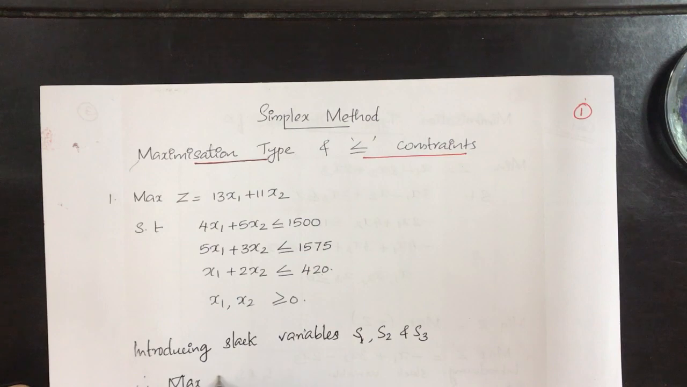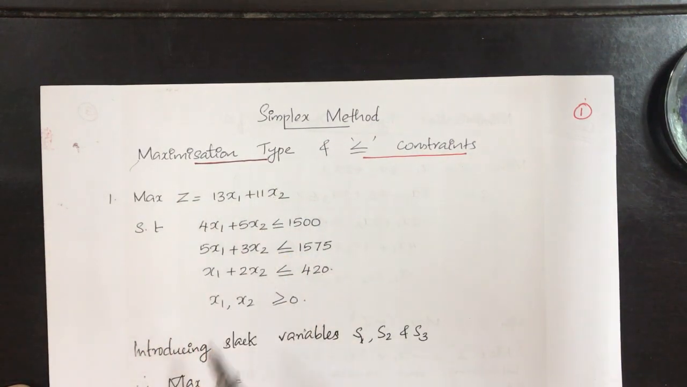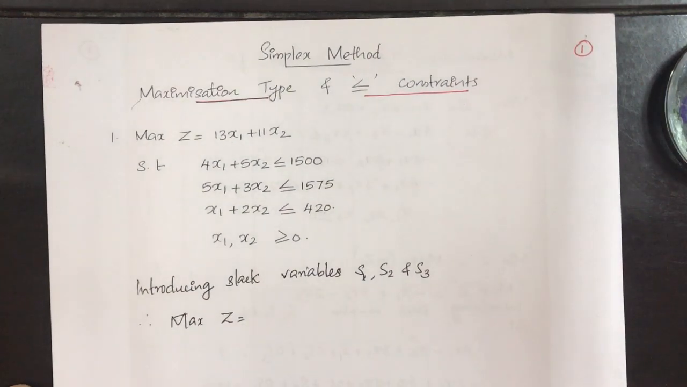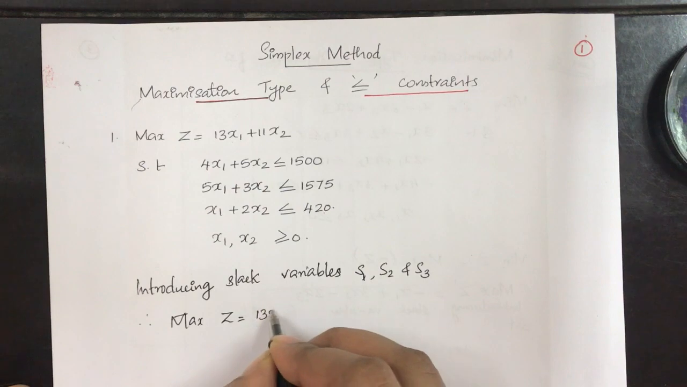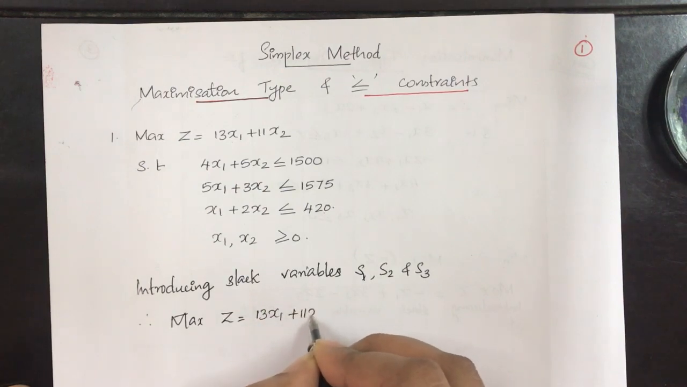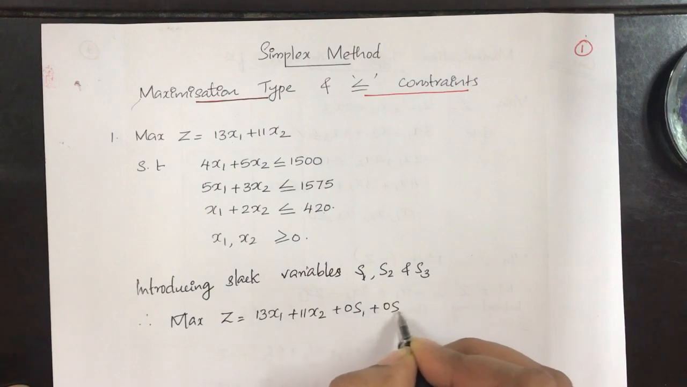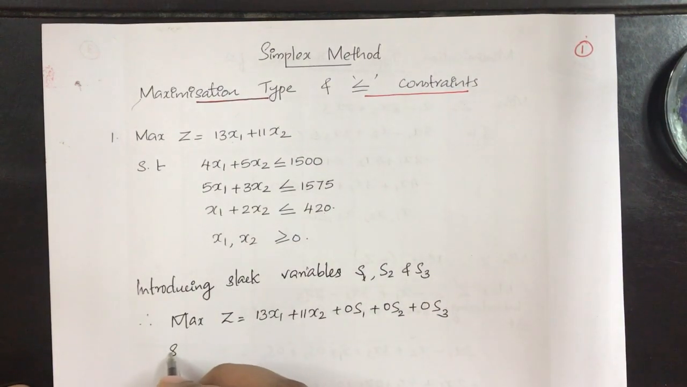Therefore, our objective function becomes: maximize z. Since it is a maximization function we can write maximize z itself. If it is minimization we need to convert that into a maximization function by multiplying with a negative sign. So, maximize z is equal to 13x1 plus 11x2 plus 0s1 plus 0s2 plus 0s3 subject to